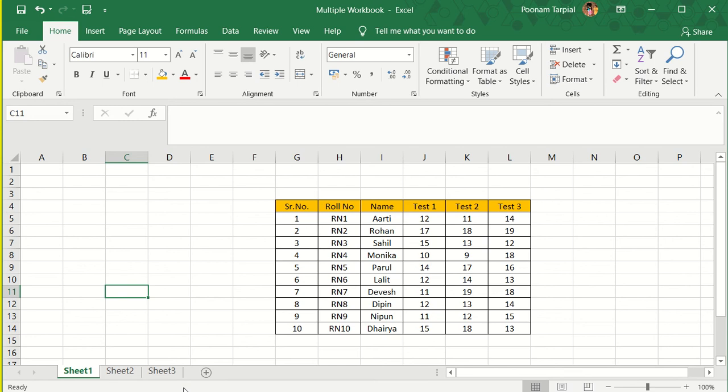Let me just take you through it, people. There are 3 worksheets that I've created in front of you, and in every worksheet there is one table of mine. This is in sheet 1, then I'll take you to sheet 2, this is another table that you people can see. In sheet 3, this is the third table that you people can see in front of you. I'm going to do the task on one worksheet and then it will be replicated on other worksheets automatically. But before I do that task, I have to group my worksheets together. How the grouping is done, please watch this very carefully.